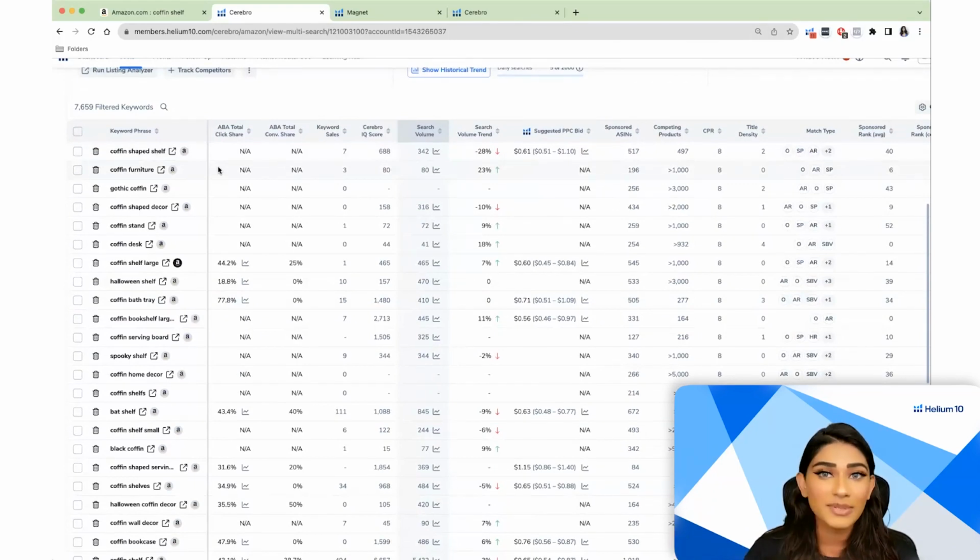You can do it for optimizing your product listings that you already have up, and even if you want to find keywords for your PPC campaign. So it's really a fully functional tool for a lot of parts of your Amazon journey. It just depends on how you choose to, and how frequently you choose to go in and check out these keywords and use them in your strategies.